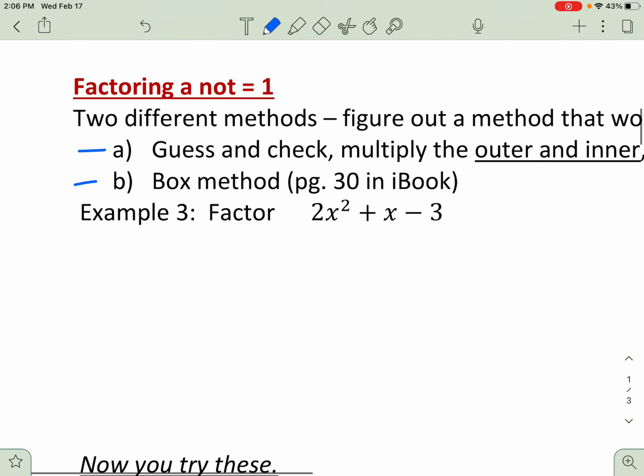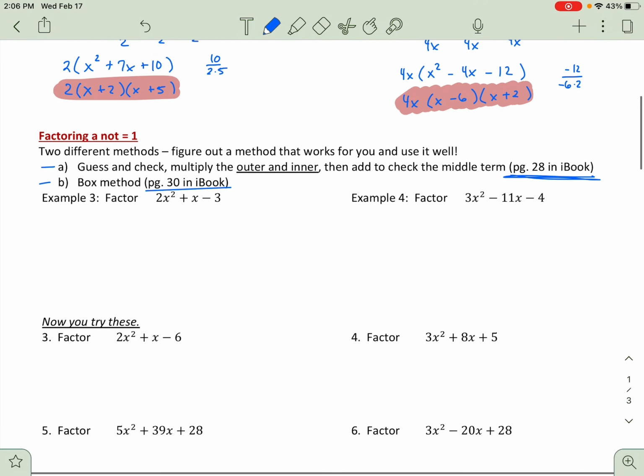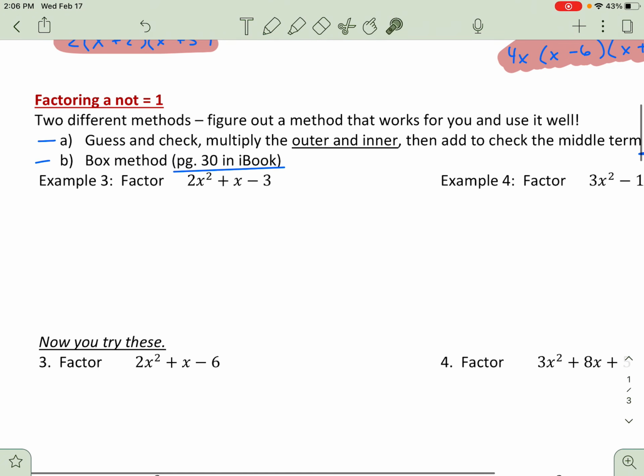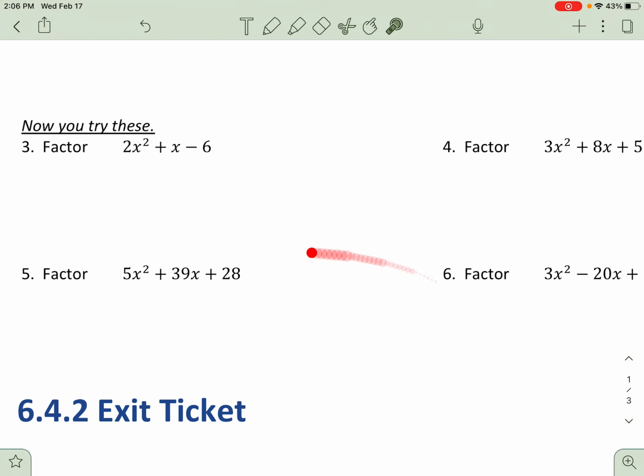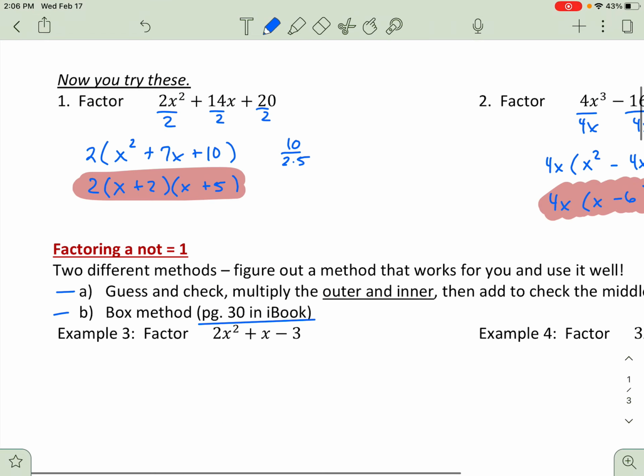Okay, if you want to do the box method, there's an example on how to do it on page 30 in the iBook, Unit 6. Okay, so take a look at those. I'm going to use guess and check for 3 and 4, and then I'll show you down here the box method, and then I'll let you try these two, and I posted the key for that as well. Okay, so